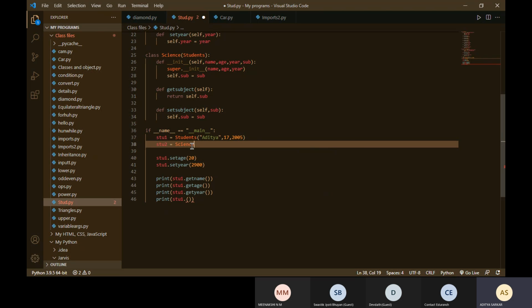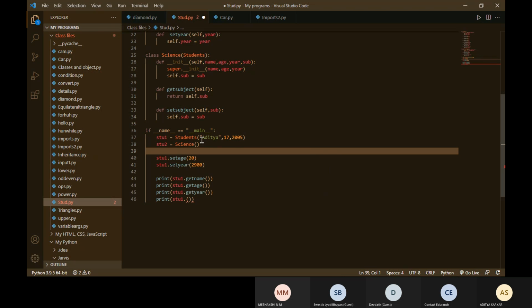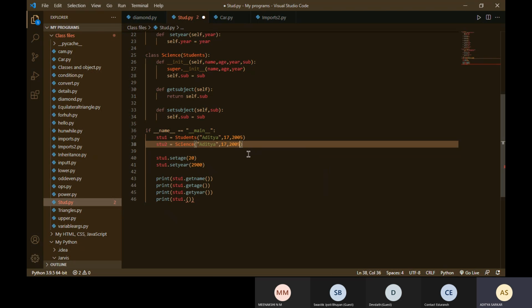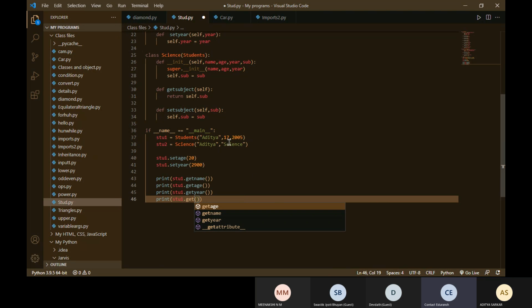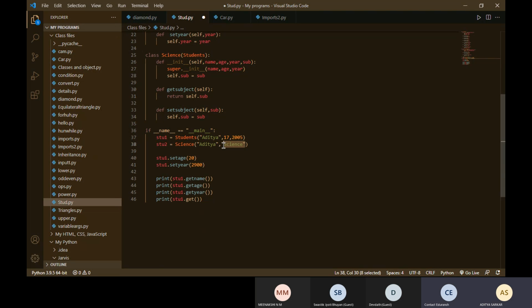Sorry. You have to pass everything. Yeah, but our main objective is to print the subject, right? Yes, but you are creating a composition object, so you have to pass everything.